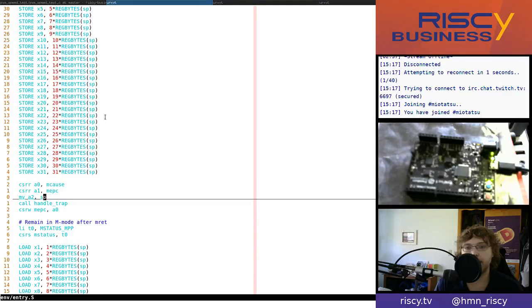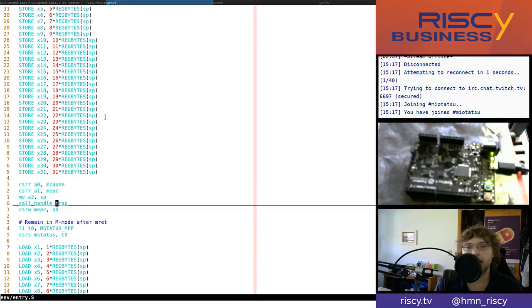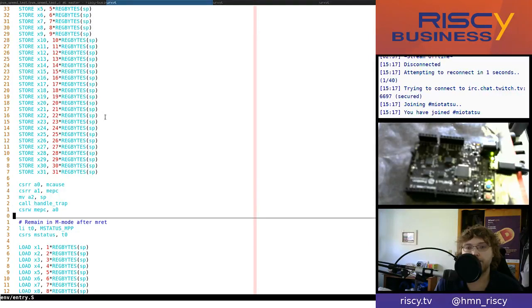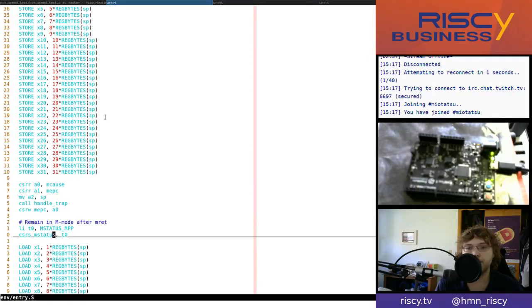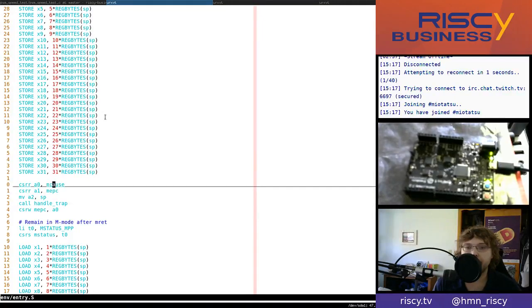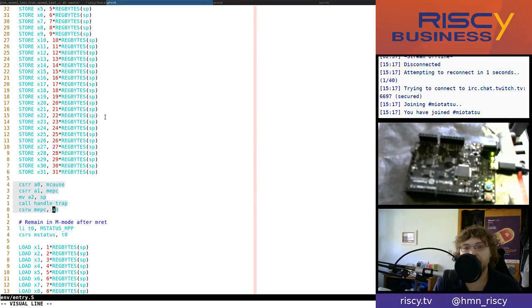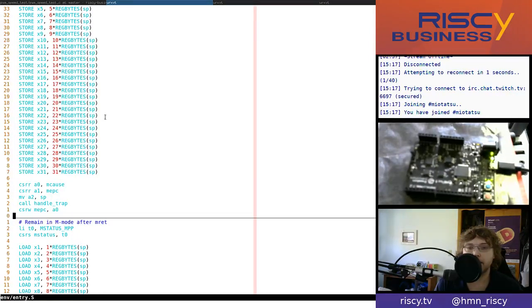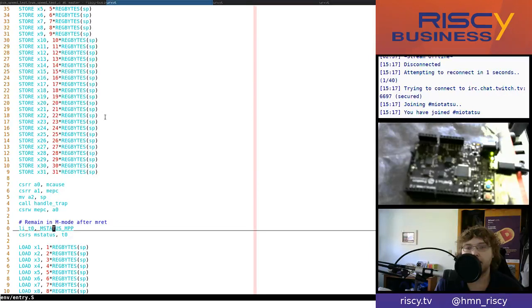And we're saving the stack pointer in A2. We call handle trap. And then again, we're doing some stuff. So let's start by taking a look at each of these instructions here. I think this is the place to really start studying. But just to skip over that to review again,